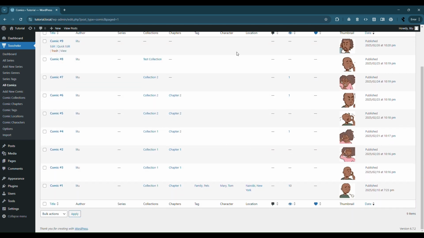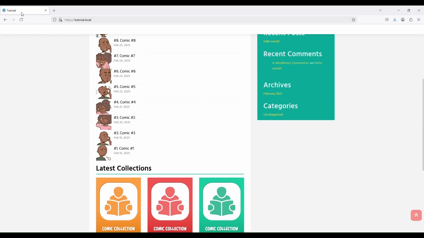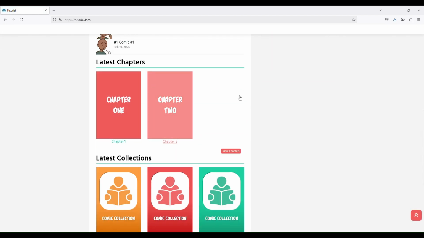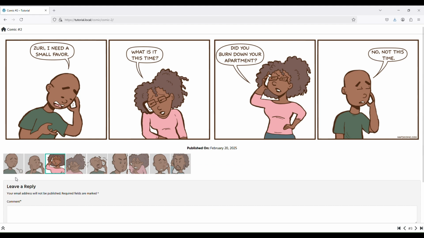Okay, so if I go ahead into the front end of the website and do a refresh, a chapter section should show up on the home page. Okay, and if I start navigating through the chapter, just click on it, you notice that all the comics do show up